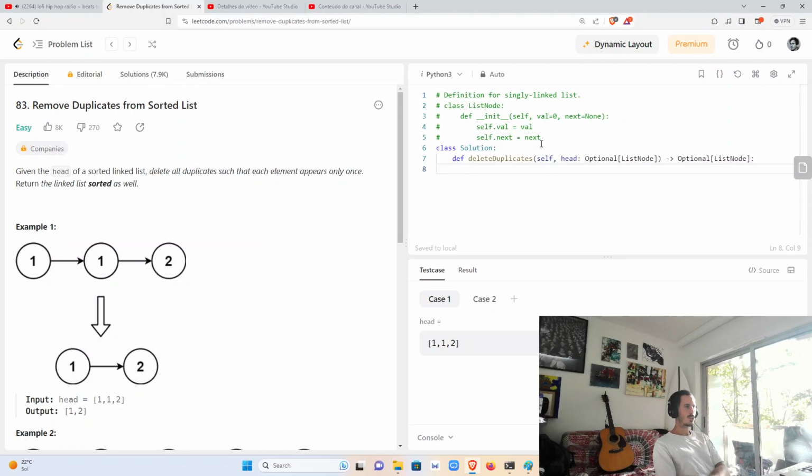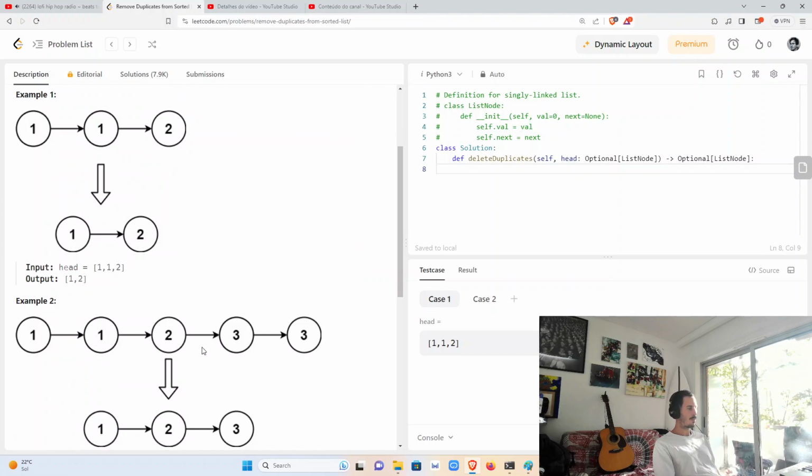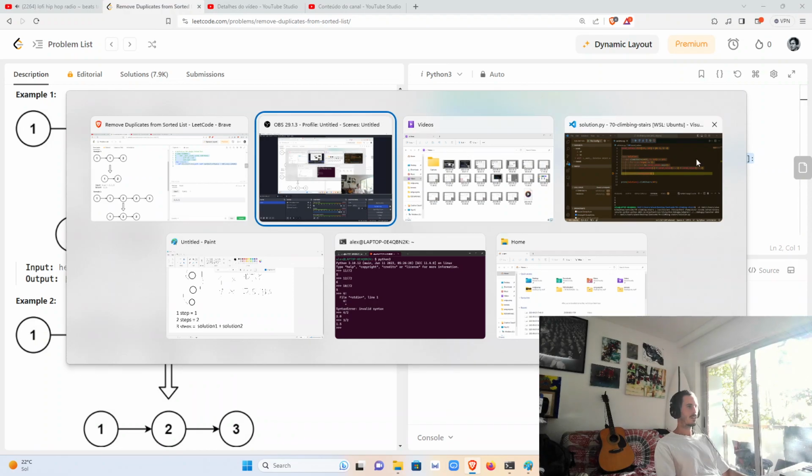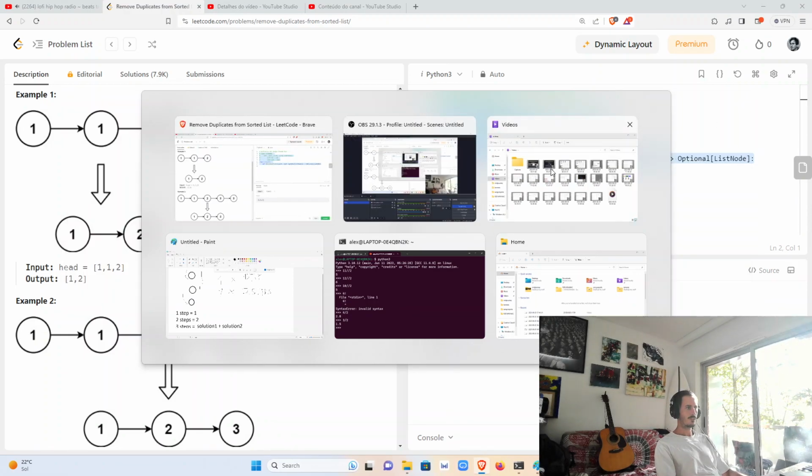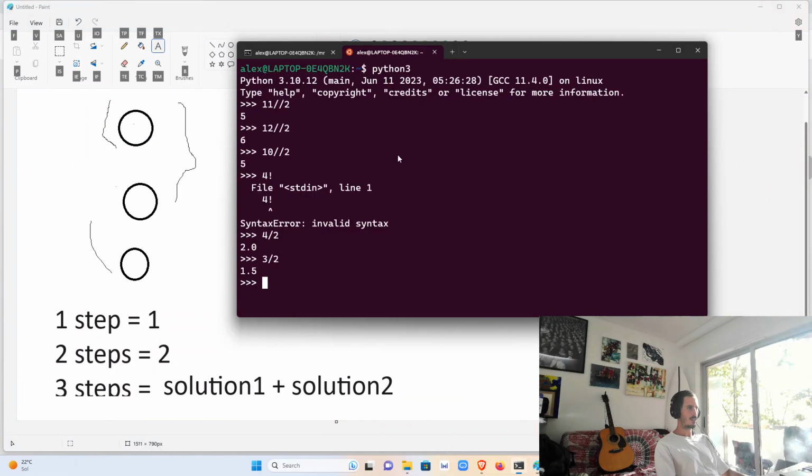Okay, if it comes sorted, then we know that we can just look back at the previous element, or we can look at the element afterwards and know if we want to skip it or not. Yeah, okay, let's do that. So this is going to be helpful for me because I'm running locally. Whenever I do stuff, I'd rather have my